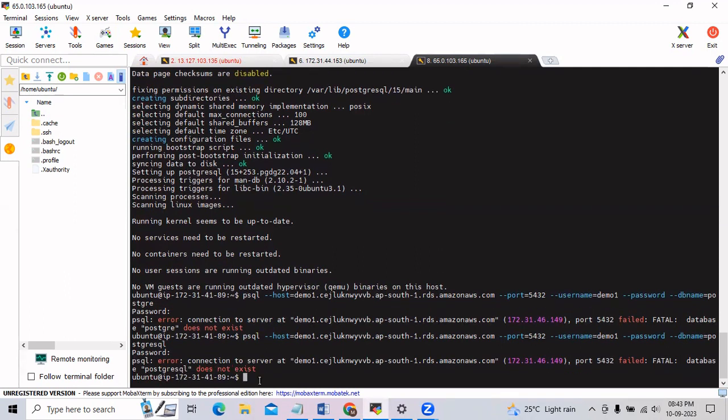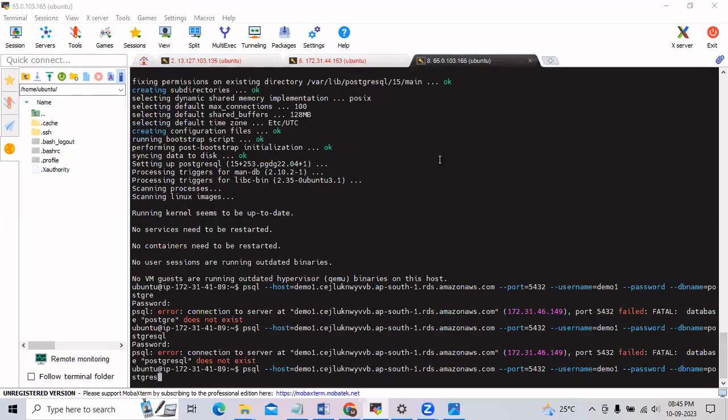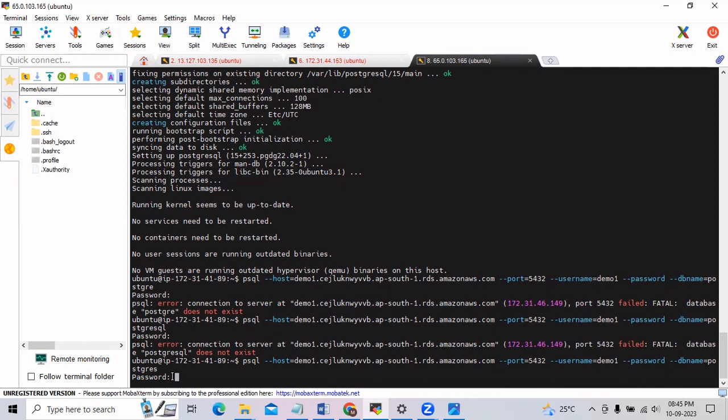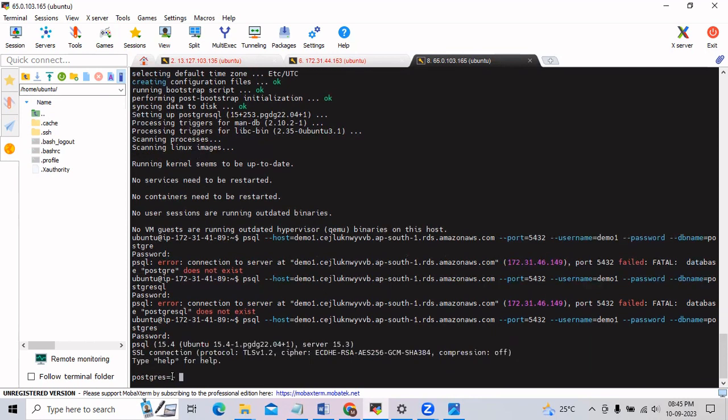Again the message is given, so we will work on it. Here, in the database name, I made a spelling mistake. So now we will enter. Let's check if it's accepting or not. Enter the password. Yes. So now we have successfully